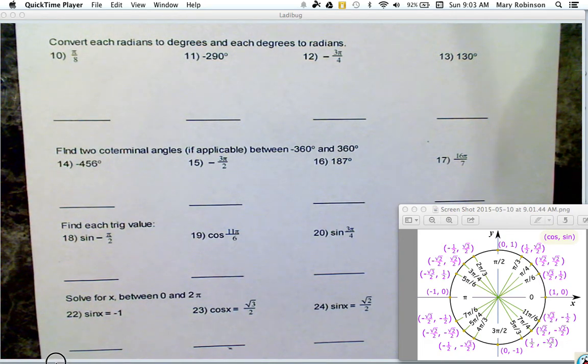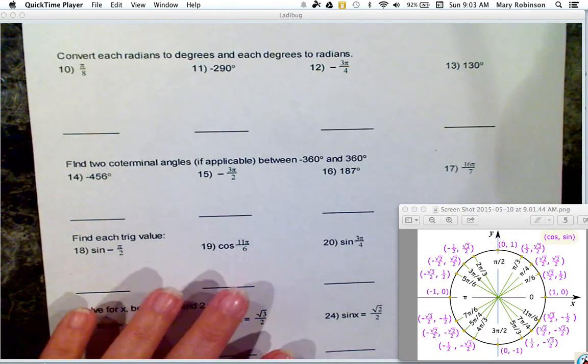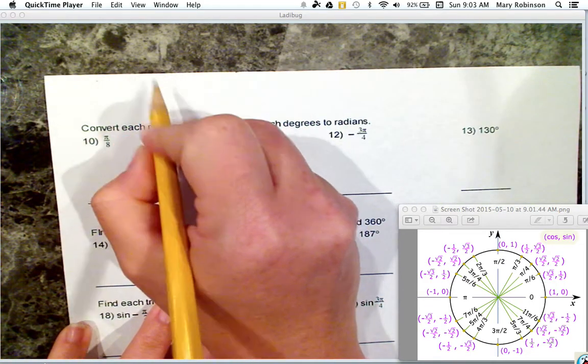This video will be covering the last page of your trig test review. For numbers 10 through 13, you're asked to convert radian measures to degrees and degrees to radians. Please recall that if you are going to change radians